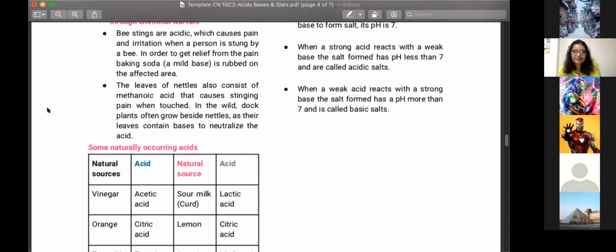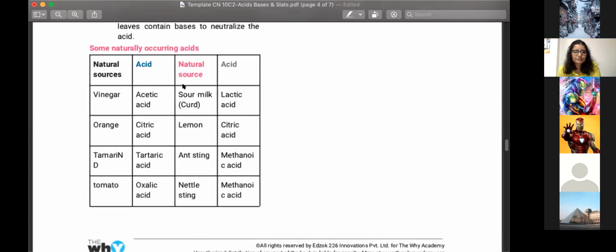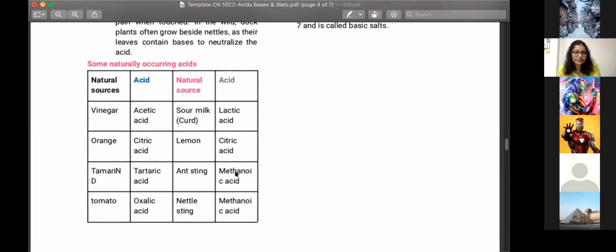So some of the natural acids are given here. Ant sting, I mentioned methanoic acid. Nettle sting is also methanoic acid. Okay, interesting. So methanoic acid is also